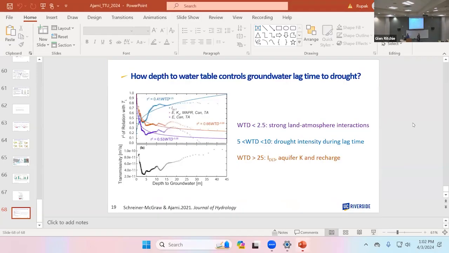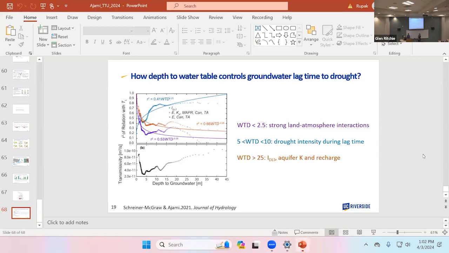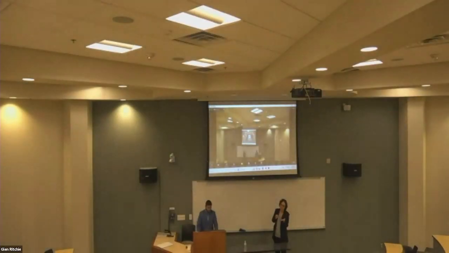If I'm not getting the response correctly, it may be I'm using the wrong data, or I'm lacking certain processes in my model. And separating those is also a challenge. So yes, it needs more research, and people use Bayesian approaches to look at uncertainty in the input data, in the model structure, in the model parameters. That's good. It keeps us busy.